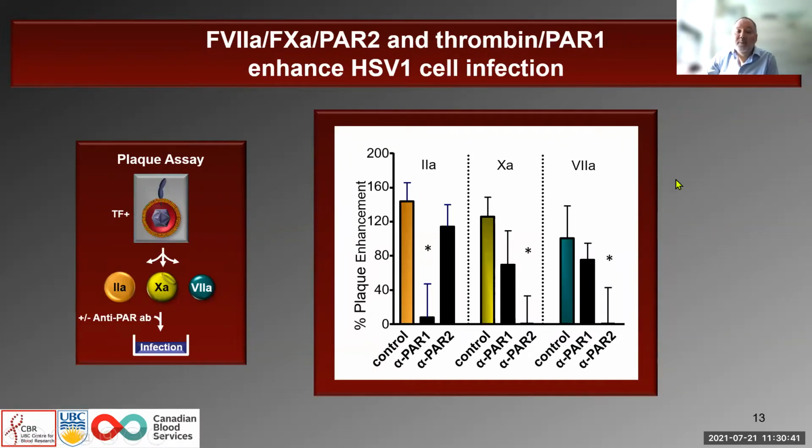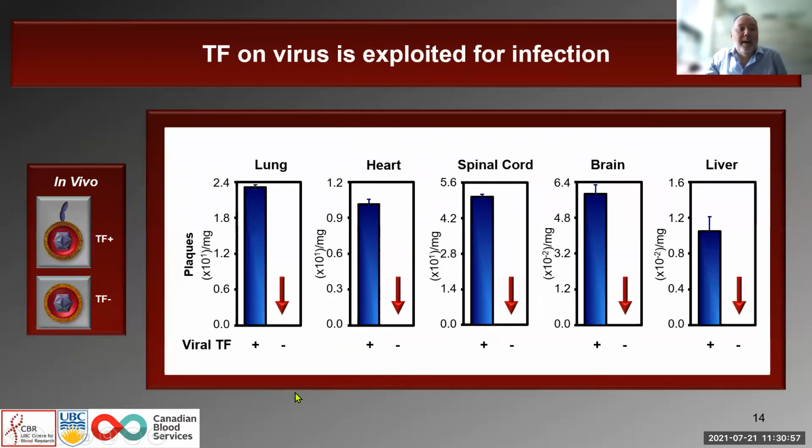And while thrombin promotes infection dependent on PAR1, that is independent of viral TF, optimal 7A and 10A enhanced virus infection is remarkably dependent on tissue factor and facilitated by PAR2. Next slide, please. Okay, the potential effect of virus surface TF on infection in vivo was evaluated by comparing HSV1